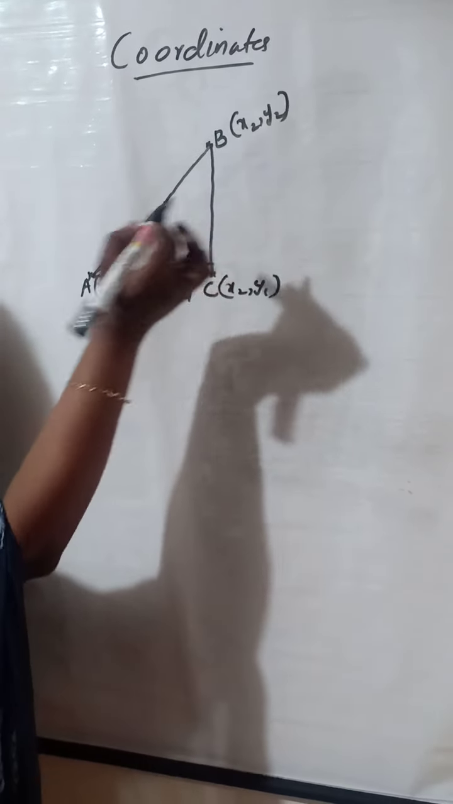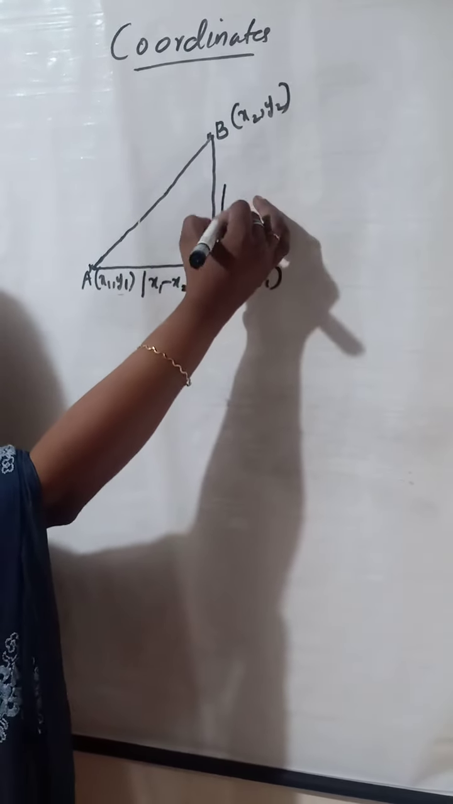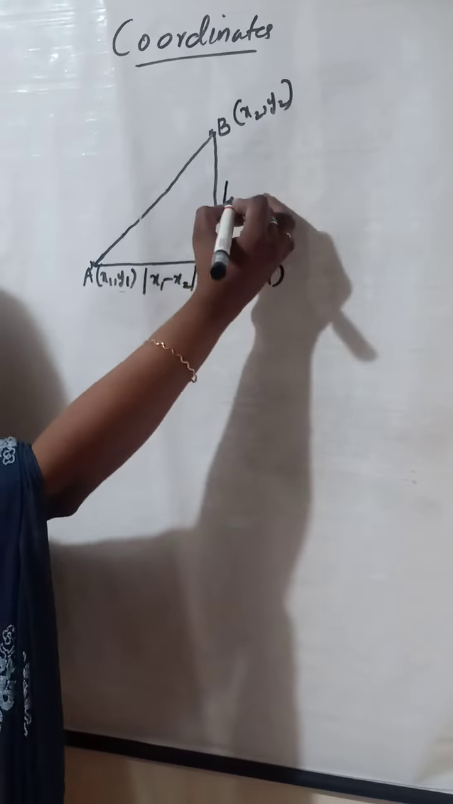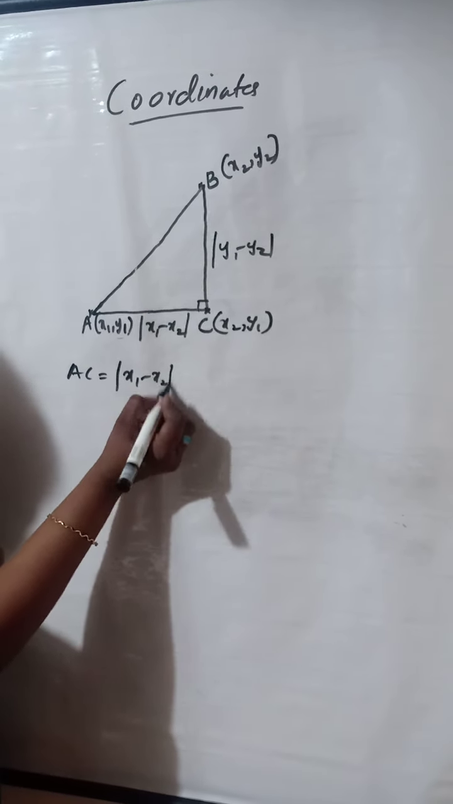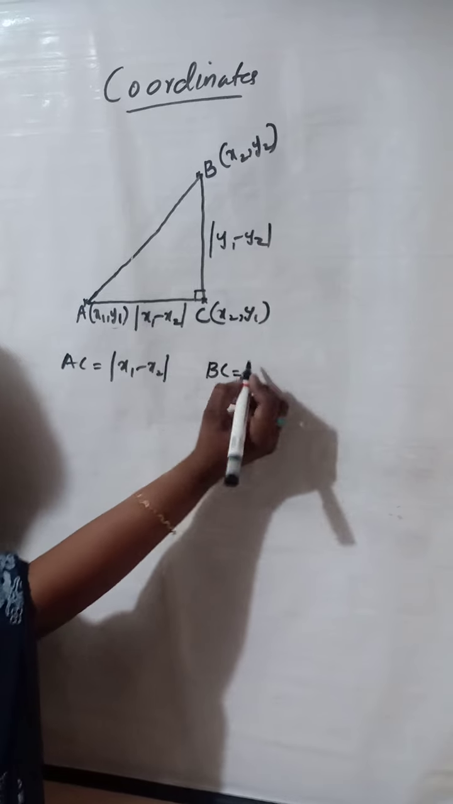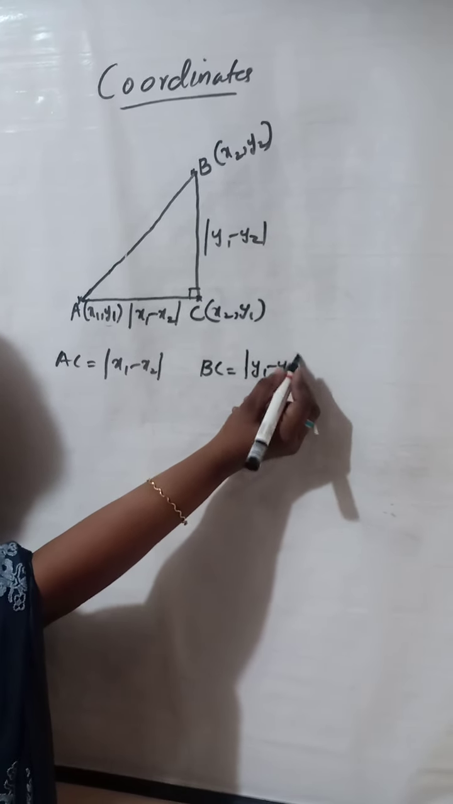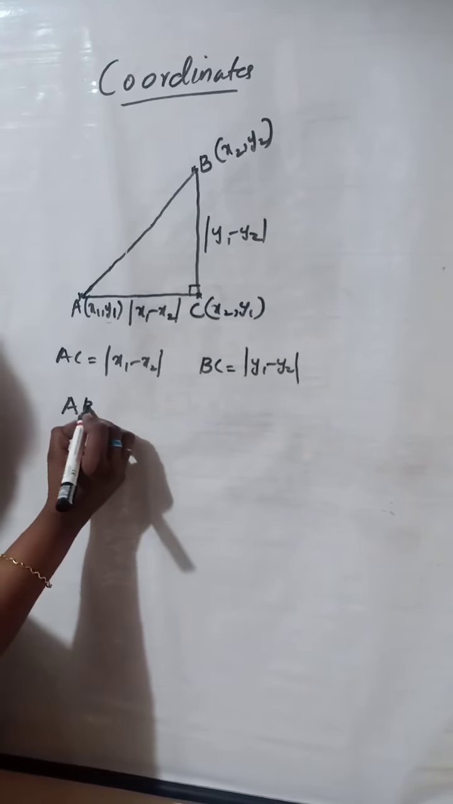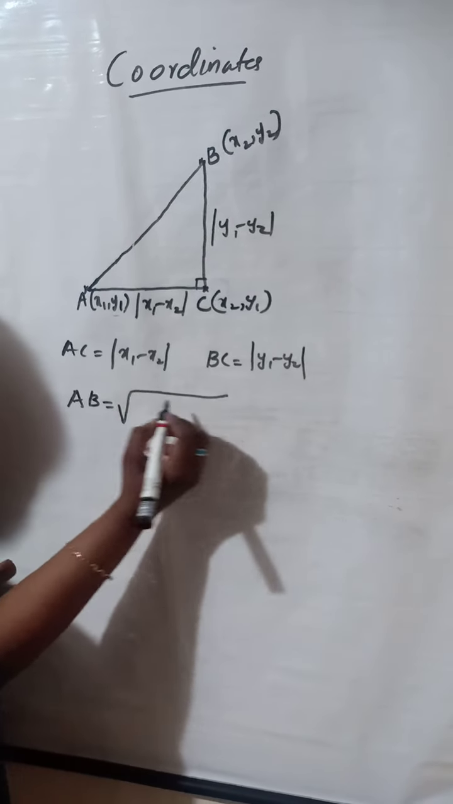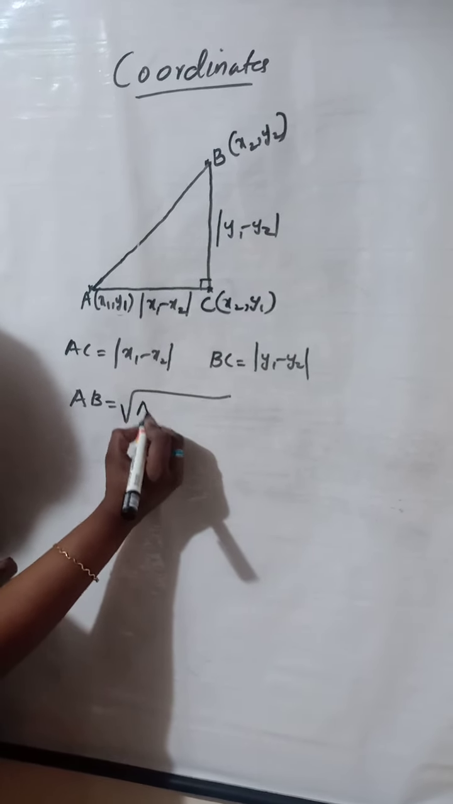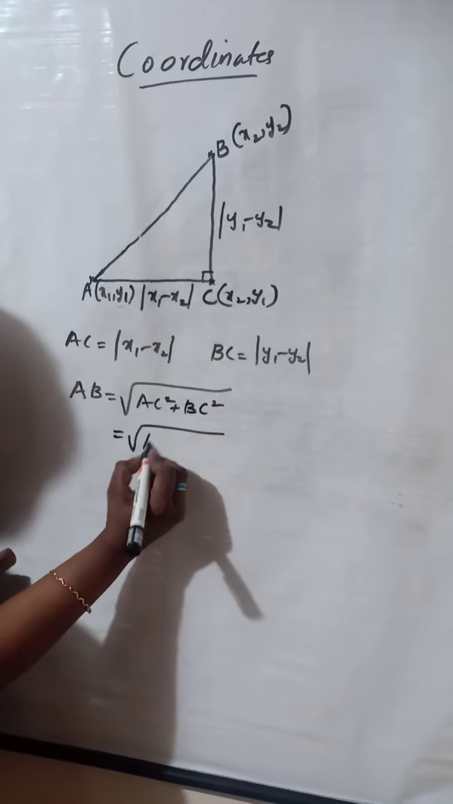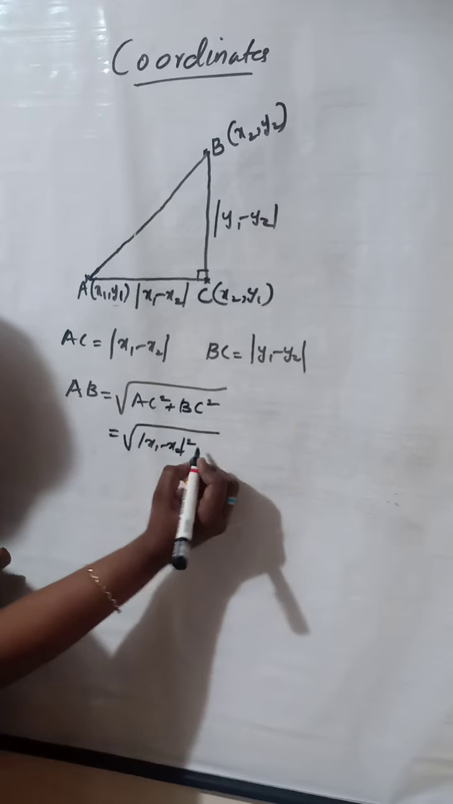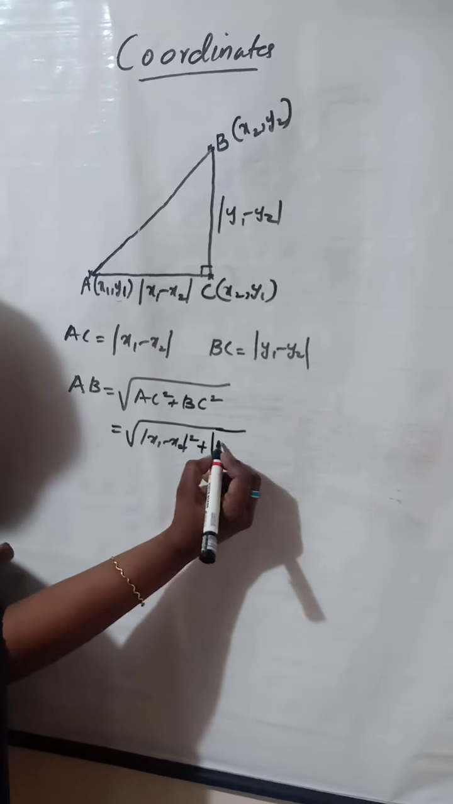And what is the distance between B and C? This is the absolute value of y1 minus y2. So AC is the absolute value of x1 minus x2 and BC is the absolute value of y1 minus y2. So for finding the distance AB, we have to use Pythagoras theorem. Root of AC square plus BC square, that is root of (x1 minus x2) whole square plus (y1